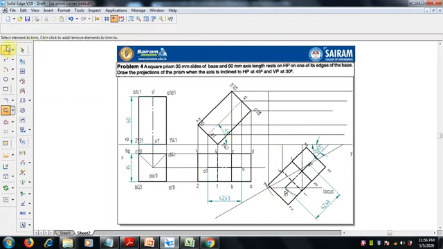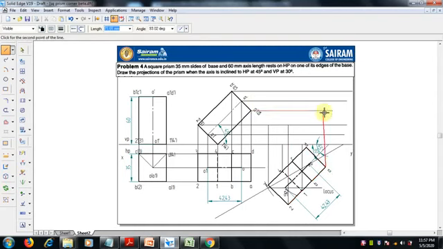So next, from 3, draw the line from the bottom base 3 to 3, and 2, where it is 2, here it is 2, like ABCD.